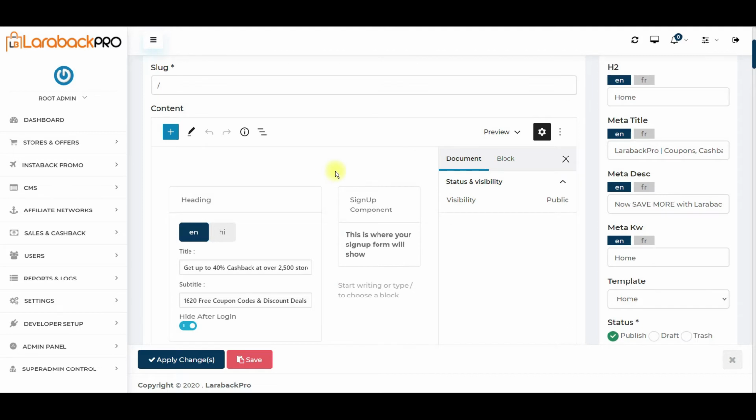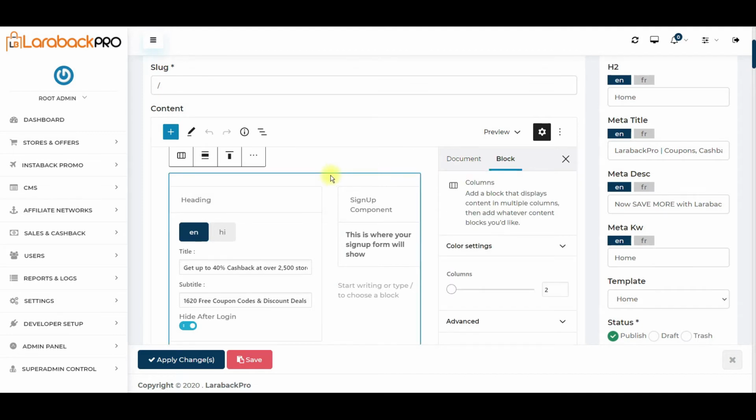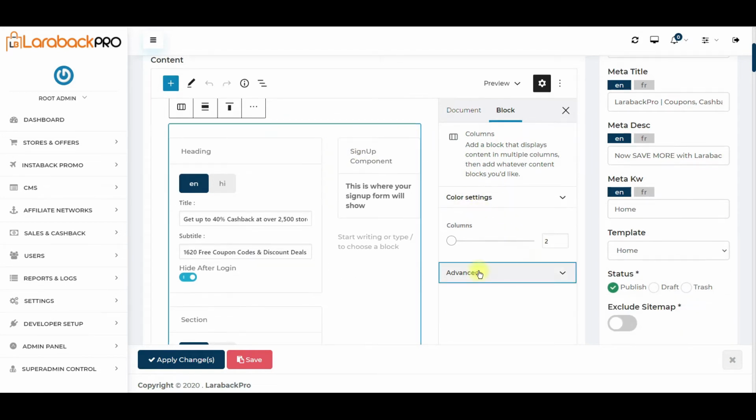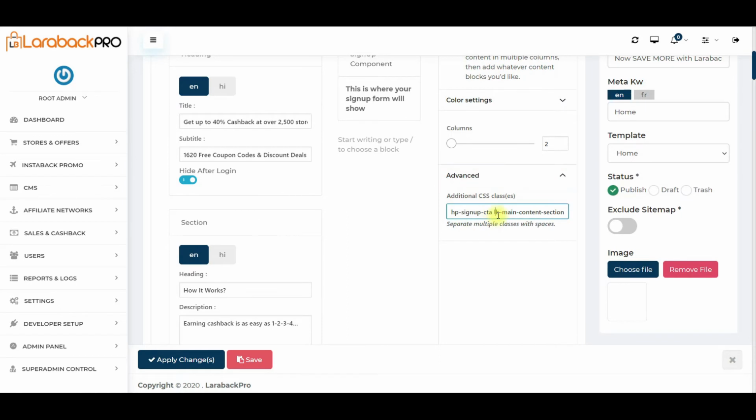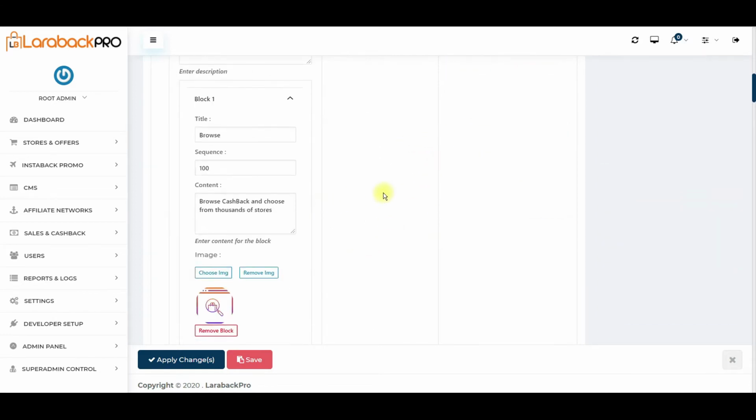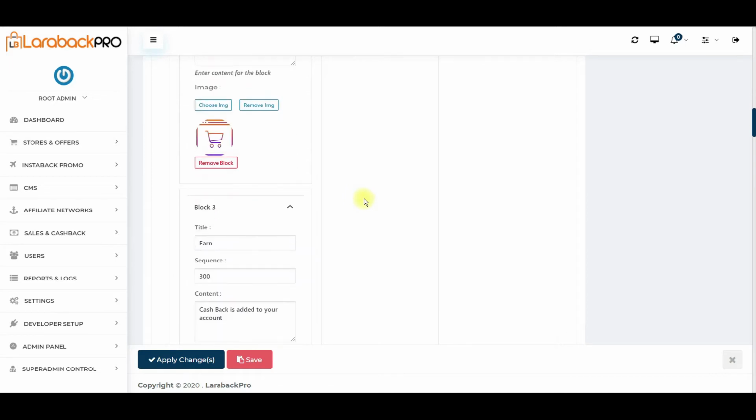Secondly, you will have to select both of these columns. For that you will have to click very carefully in the middle of these two blocks, and it will show an advanced option and CSS. This particular CSS is to be entered, and then you can reproduce this UI on other pages as well. Though you may not require it, this option is available.